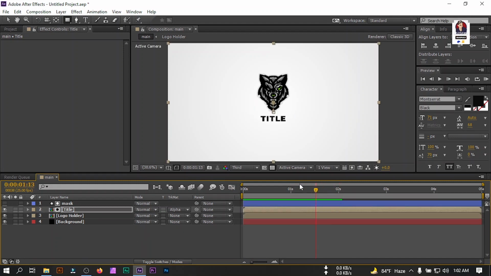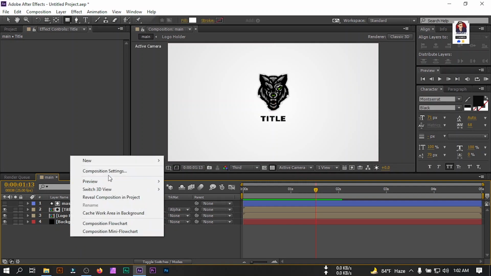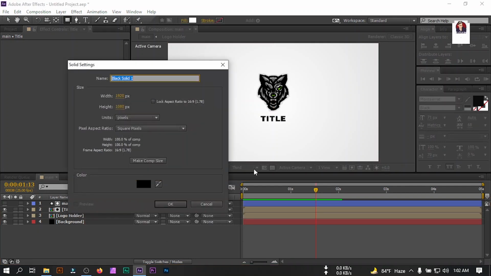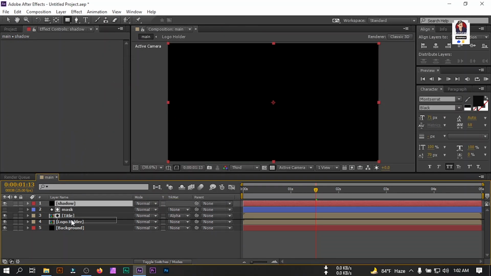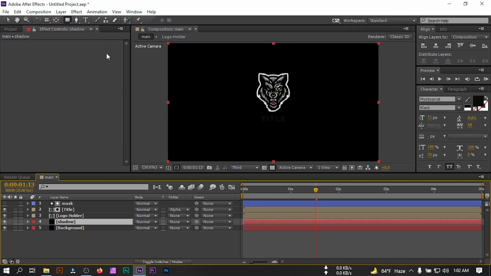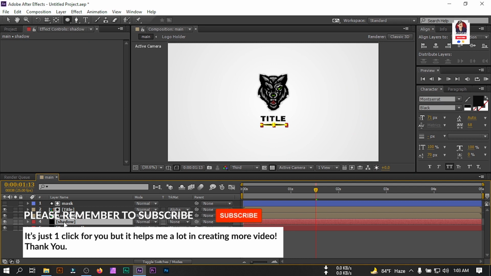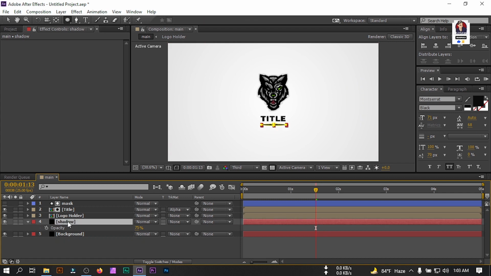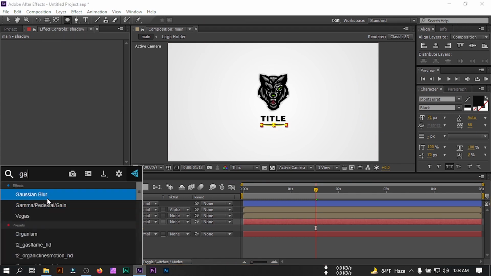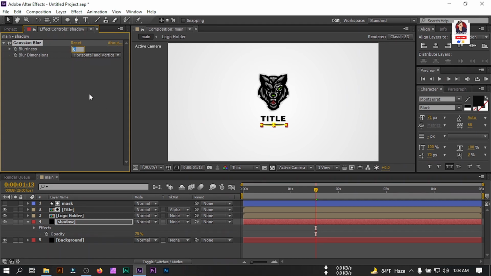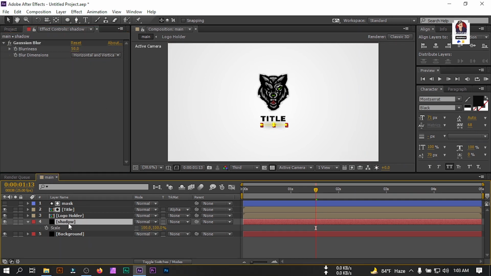Now let's add a drop shadow to here. So for that, right click on your mouse, go to new solid, rename it to shadow. Now select this, drag it to below this logo. Now select this ellipse tool and draw a shape like this. Select this, press T to open opacity and make this opacity 75%. And go to effects and presets and search for Gaussian blur, apply it, change this blur amount to around 50, select this and then bring the anchor point to here,